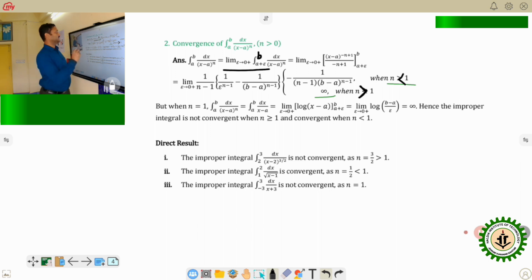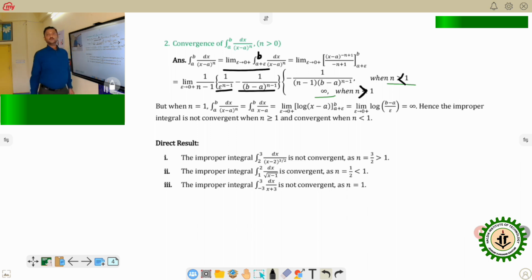On integration, we are going to get (x minus a) to the power minus n plus 1 divided by minus n plus 1, with the limit a plus epsilon to b. Now on the limit, we are going to get 1 by n minus 1, times 1 by epsilon to the power n minus 1 minus 1 by (b minus a) to the power n minus 1. Now this is not a problem because this is a finite number, but here we are